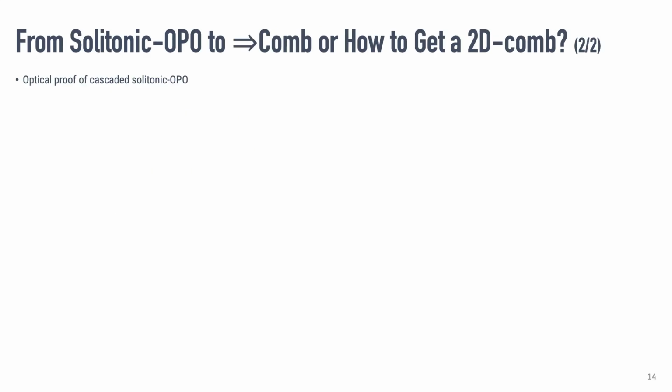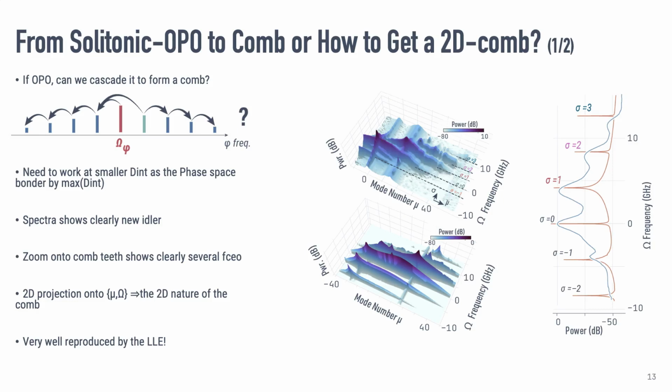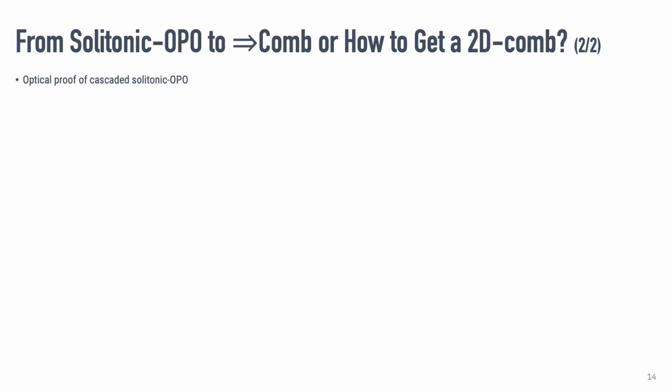So I'm kind of fooling you right now, because I'm telling you that it's a 2D comb. It's not really a 2D comb, right? Because if you go back, you can tell me, well, but in mu they don't really overlap, right? That means you have a nice cascading in that direction, you have a nice comb in that direction, but it's not a 2D comb because there's no overlap. For instance, like the sigma over 0 and the sigma over 3, you can never get the beating between them two. So one way to do that is you can actually try to reduce this omega repetition rate,